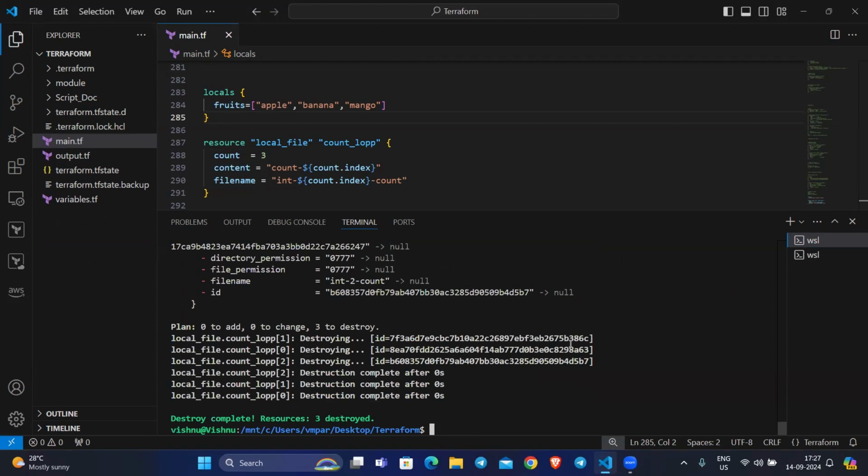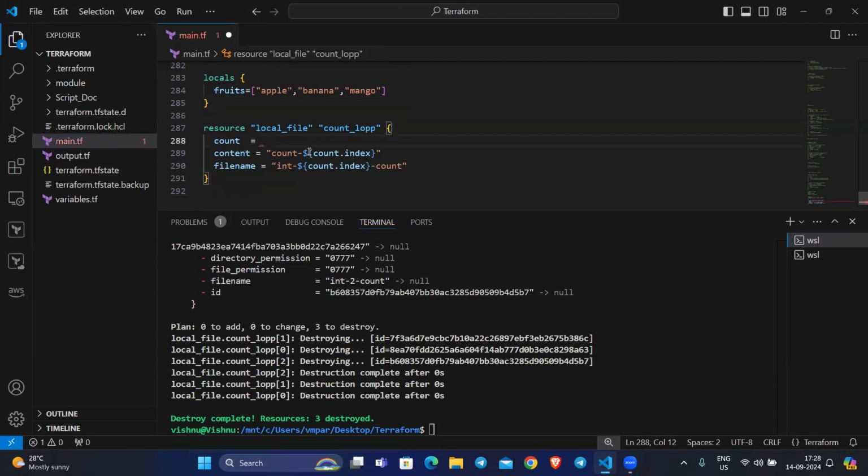Yeah, so our previous resources are destroyed. Now, to use the length function, just type length and parenthesis, and inside that you need to provide the locals.fruits. Currently locals.fruits has three items, indexed 0, 1, 2, so the count will indirectly store three. Okay, then